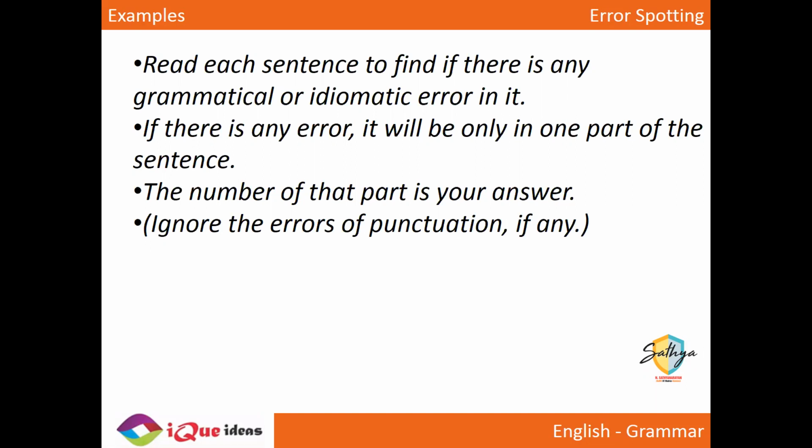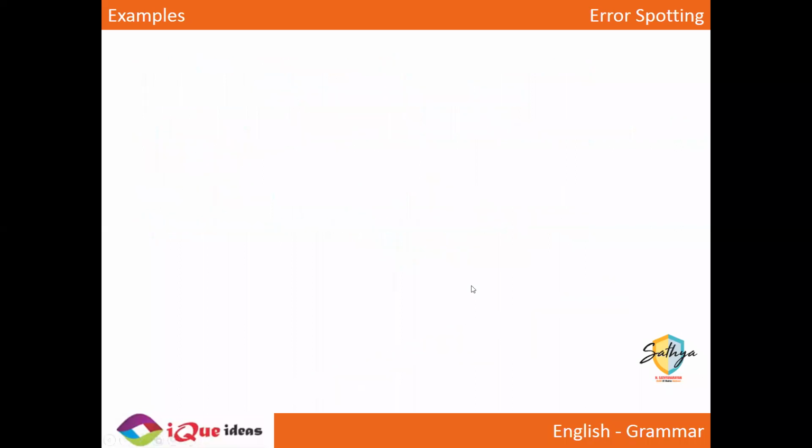Now, as usual, I hope everybody knows what punctuations are, right? Full stop, comma, colon, semicolon, apostrophe, and so on and so forth. Any error of punctuation you don't have to consider, because it could be just a simple, silly typing mistake. Normally, if there is an error of punctuation, it will not be explicitly told, and you may have to consider it. But here I'm telling you, if there is any error of punctuation, just ignore it. It could just be a typing mistake. So we are trying to identify grammatical or idiomatic errors in the sentences.